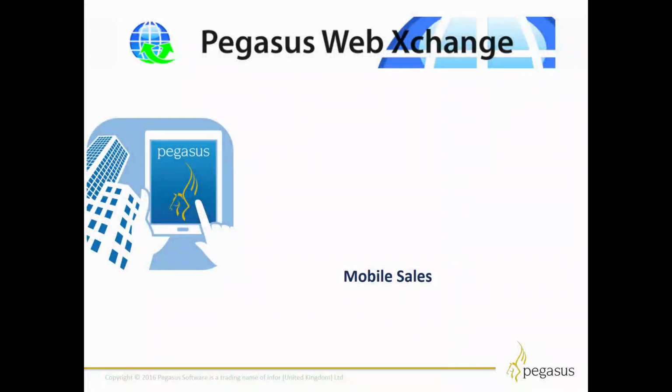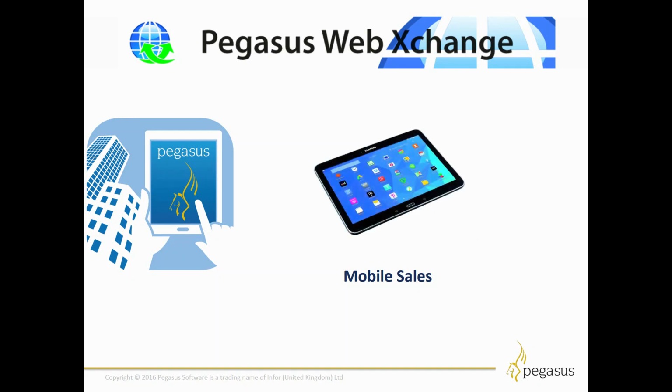In the world of mobile devices, many companies are embracing the concept of allowing their employees to use their tablets to access some of the company systems remotely. This enables these employees to make more effective use of their time, especially if they're working in a sales role and are not office-based. This means they can use technology as an enabler to help them communicate effectively with their customers. The whole purpose of the Pegasus Mobile Sales app is to improve access to this information and to help